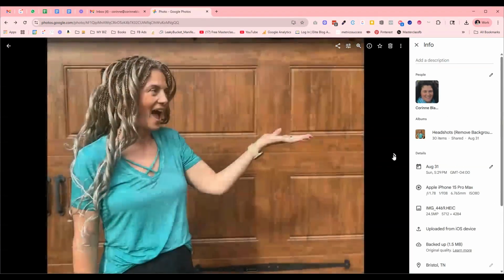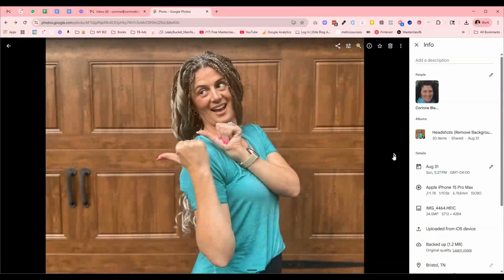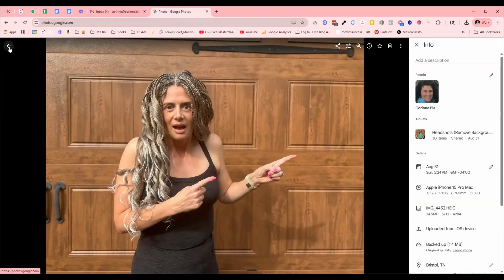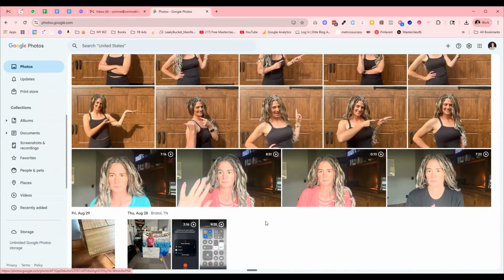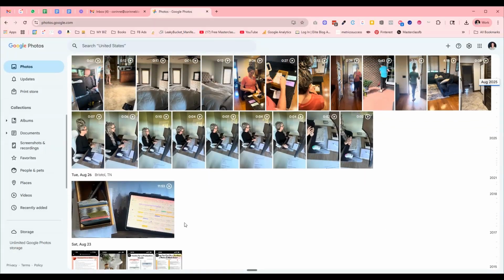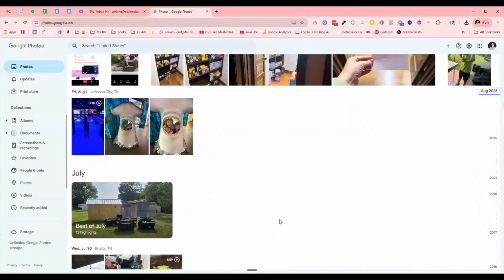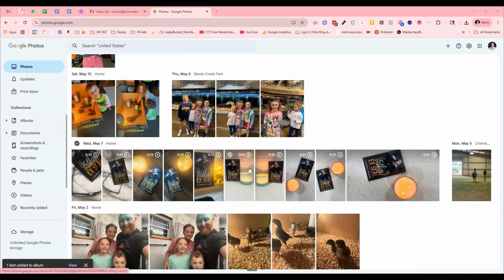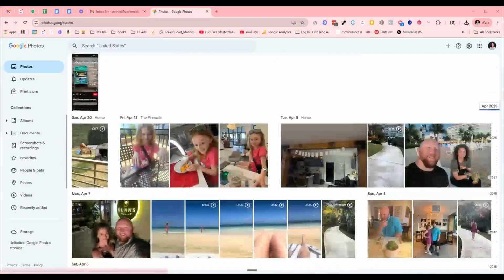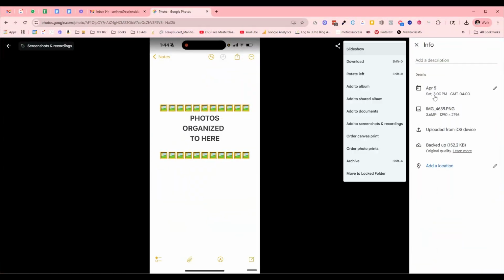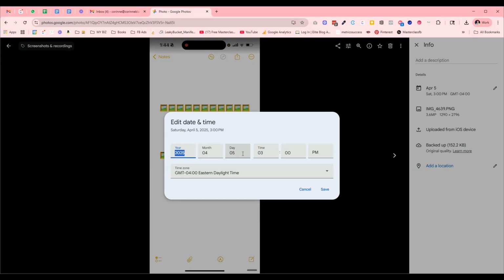I'm just waiting until I get to one. Okay, so I think we got all the way, so let me just find my little divider. Okay, so I just got through organizing only to May 9th. So I'm going to take this guy, and I'm going to do edit, and I'm just going to change this to May 9th, save,